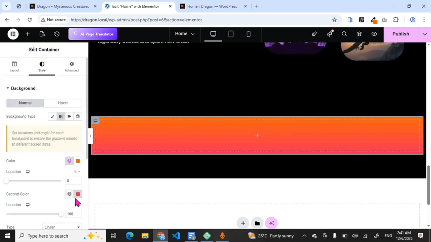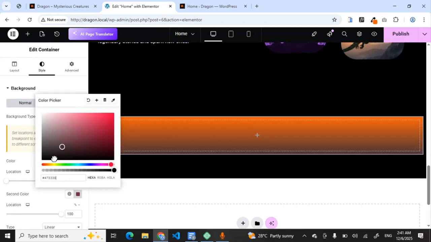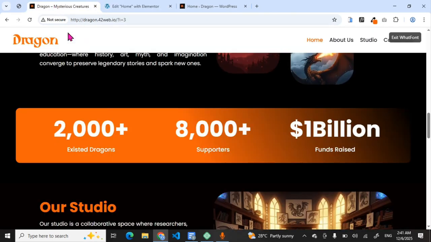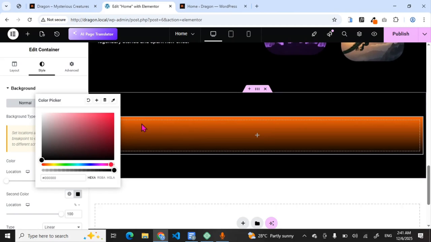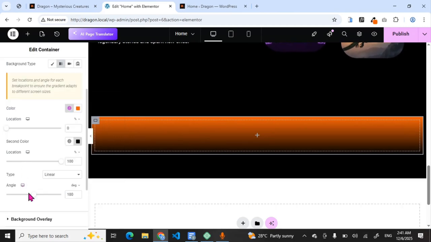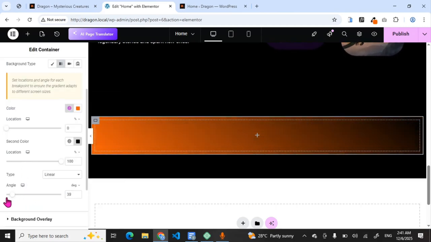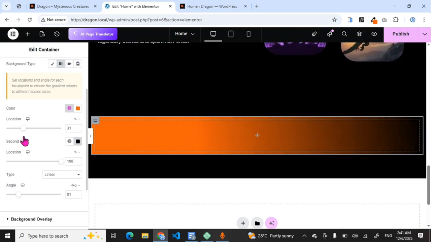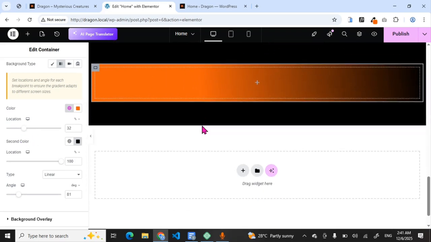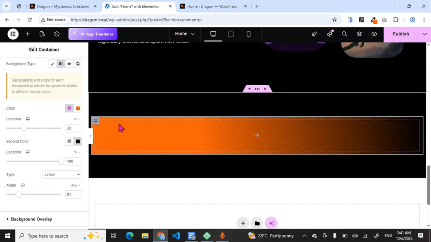Alright, so this is what we have. And for the second color, let us make it black, just the way we have it over here. So let us adjust it. Come to angle. Alright, so this is looking perfectly okay. You can actually adjust it anyhow you want it. So the next thing we want to do right now